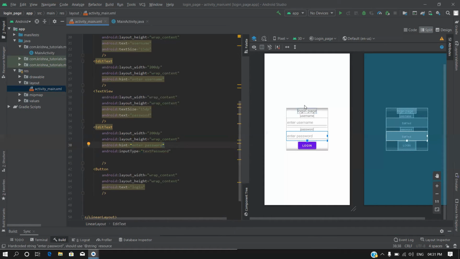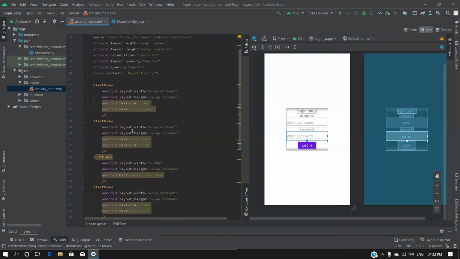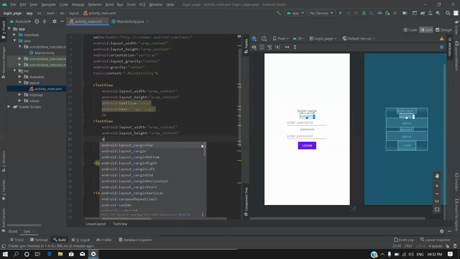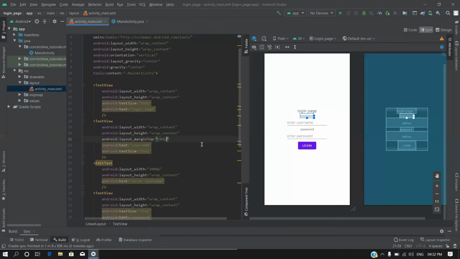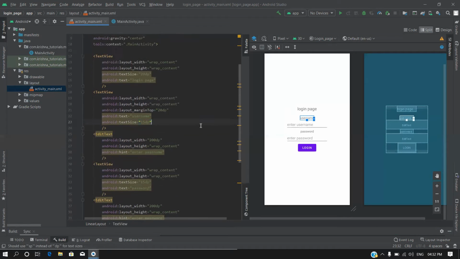Between this login page text and username, I need some spacing, so I'm going to add some margin top, let's say 20 dp. Okay, I got some margin.